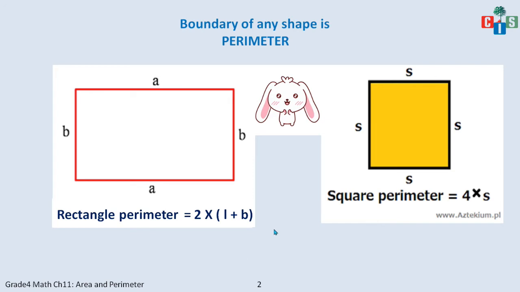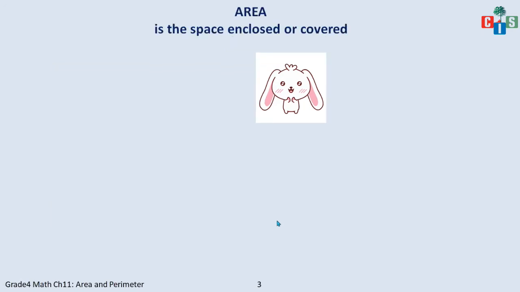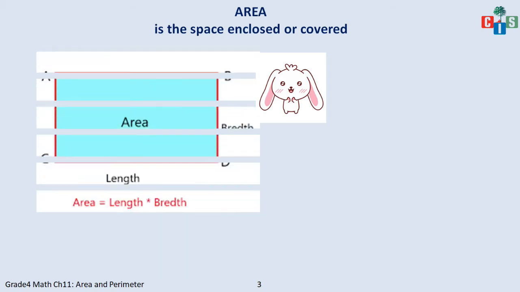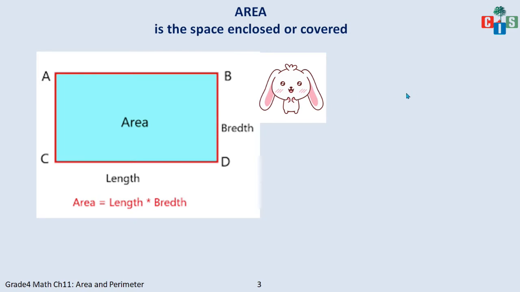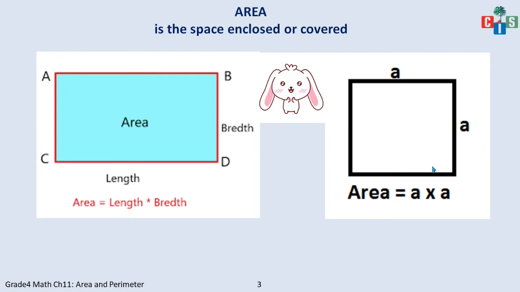Okay. The next we saw is the area. Now what is the area? Area is the enclosed space of any figure. So let's take the figure rectangle. Here there is a rectangle named ABCD with a certain length and breadth and you have to find the area. So the formula for this is length multiplied by breadth. And the formula for finding the area of a square is the same, length multiplied by breadth.